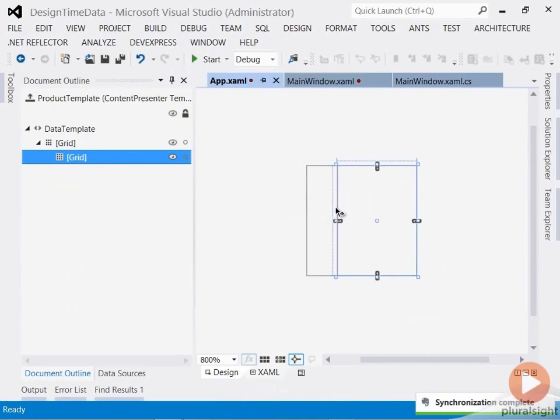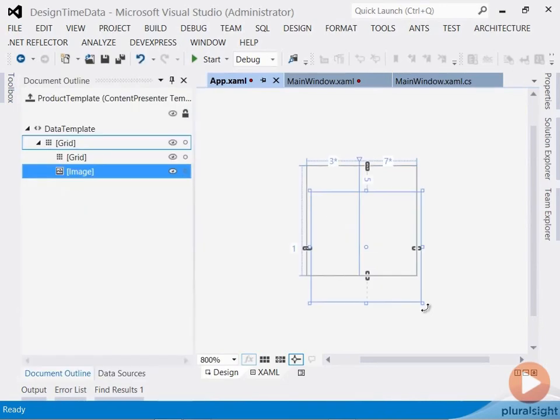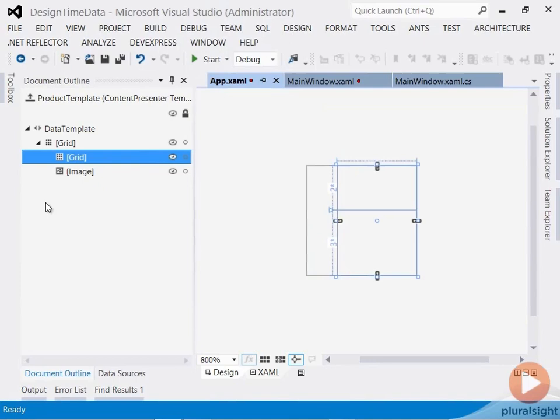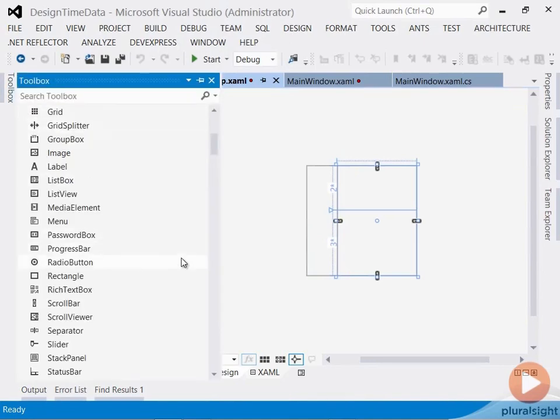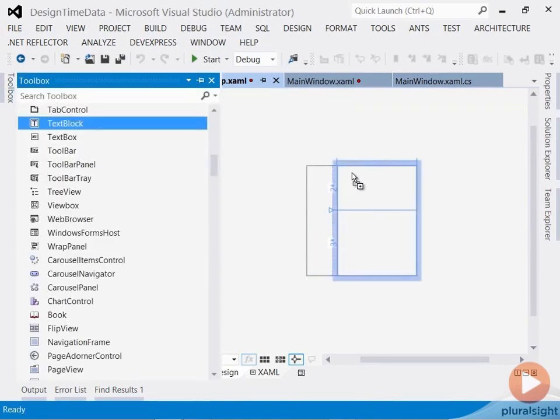Then on the edges of that grid in the designer, you can see I could split it up into 2 rows. Now I've got a place to put an image on the left, the name on the top, and the description on the bottom, similar to the product template that we used in a previous module. So now I just need to add those controls. Put the image in the leftmost cell, get it shrunk down so that it's fully within it, do another Reset Layout All. Then I can select the right grid so that I can see the guidelines on there,